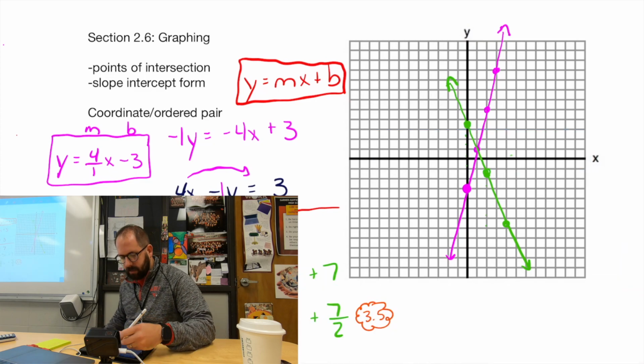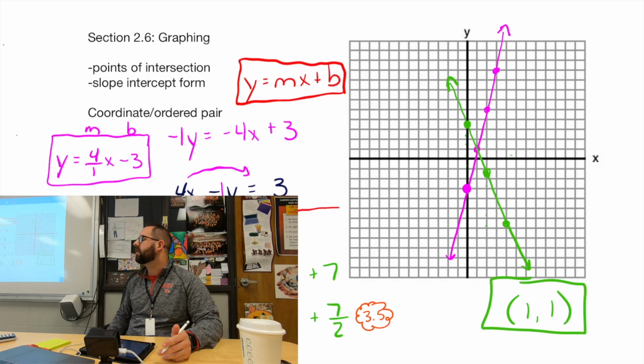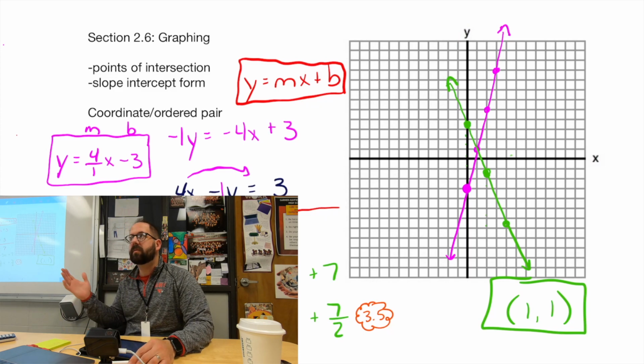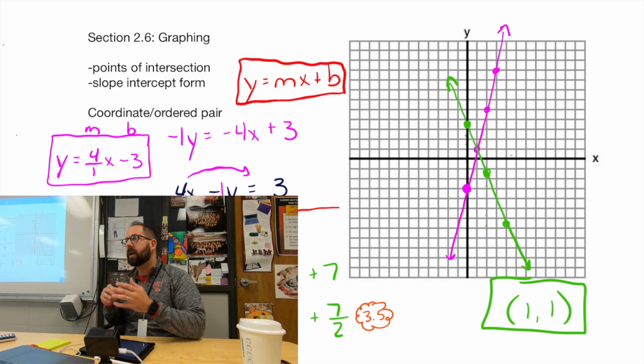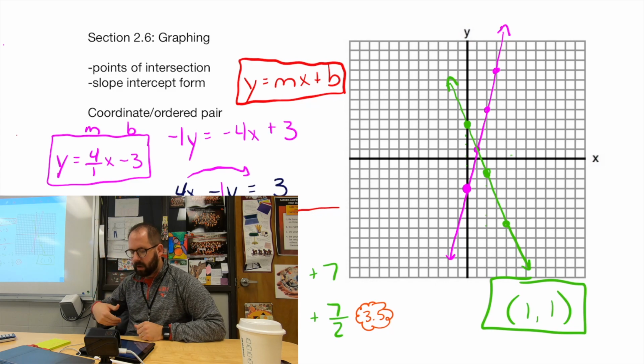But that's the goal, right? We want to figure out where they crossed. This is the whole goal of that worksheet. Where is that point of intersection? Now, these weren't clean numbers. These were kind of nasty little numbers, but you're going to make an educated guess where you think it is. So you've got to just be in the ballpark. Okay, remember, the right and left number goes first, and then the up and down number goes second when I write the coordinate. So it's over 1, so that's the right number, and then the up 1 is the second number. Okay,